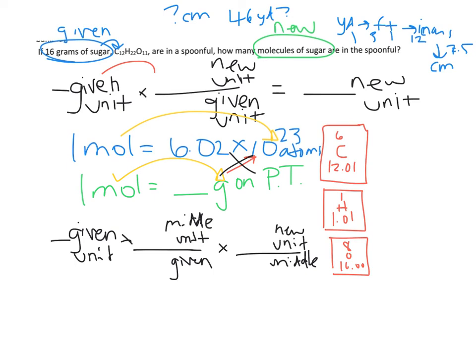So it's like, up here when I said how many centimeters are in 46 yards, right? We can't jump from 46 yards straight to centimeters. What we need to do is go to these middle units first. We need to go to feet first, then inches first, then we can go to centimeters. It's the same thing here when we're working with grams to molecules, okay, or atoms. So we're still going to do our 16 grams to start with,